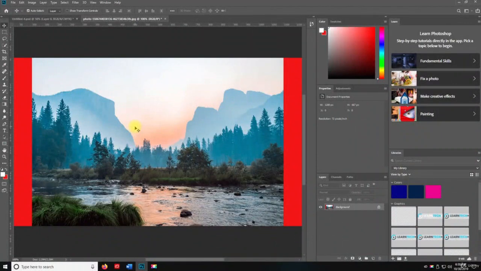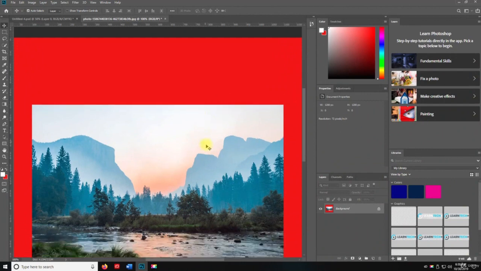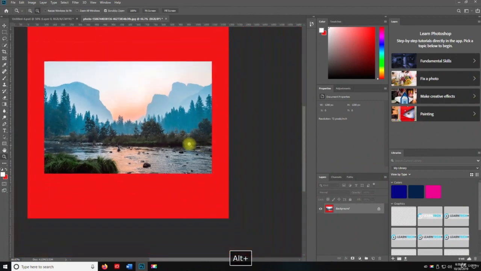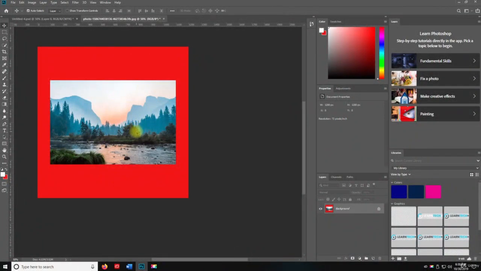And then if I hit Alt Control C again, if I hit the right keys, there we go. And I did 1200 here. Okay, we're going to have space, the top and the bottom, everywhere,